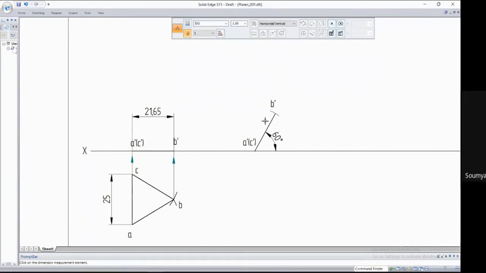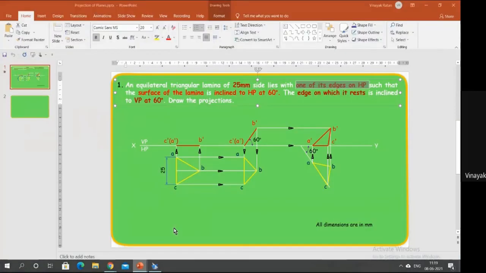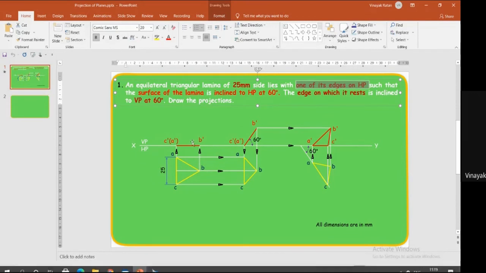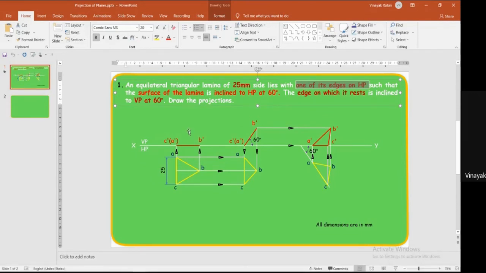Yes, sir. Okay, fine. Now you have to draw the top view. How will you draw the top view? With what as a reference? This front view in the second step. This is your first step, second step, and this is your third step. These are front views in the first, second, and third step. These are your top views. Now you obtain the first step, both front view and top view.